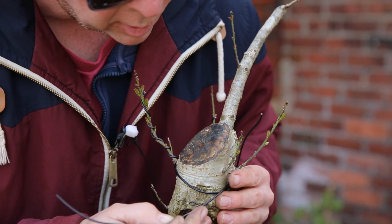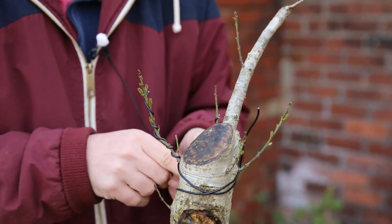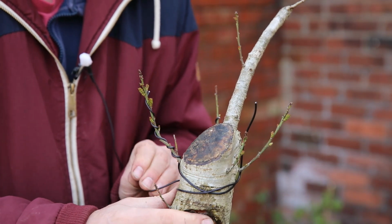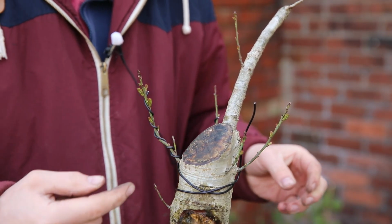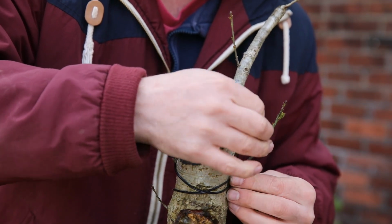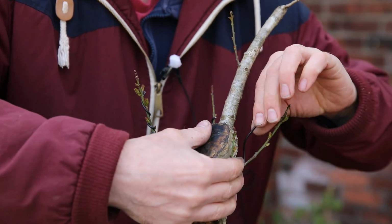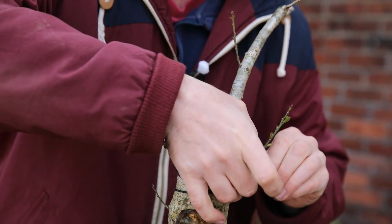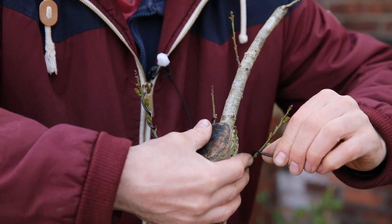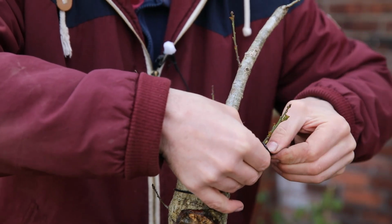I can pull fairly tightly around and then come around this branch at the back, lock it in place, and then I'll wire this one, because you'll be able to see this one, you can't see the one at the back. So it's now avoiding that little bud at the base, there's another bud there that I'm just avoiding. And really just being careful to